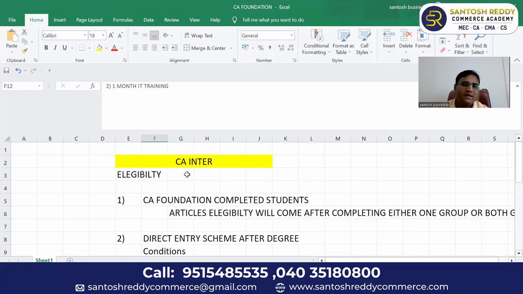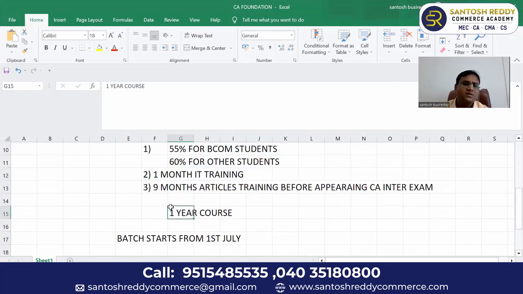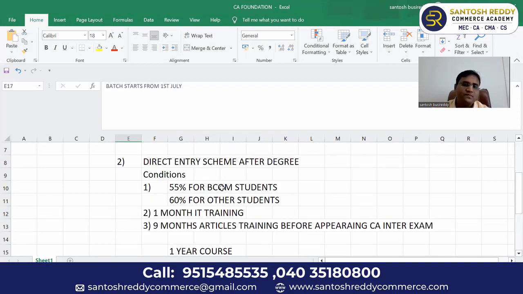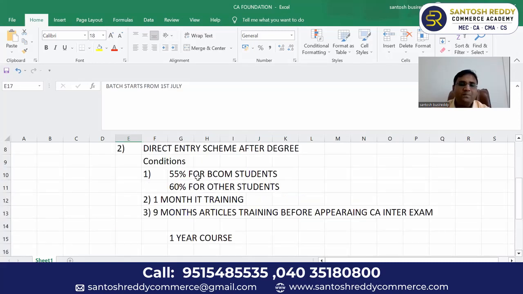Almost 1 year you have to plan. It is a 1 year course. So in our institute, the batch for the CA Inter course starts from 1st July. Now, if you complete CA Inter,